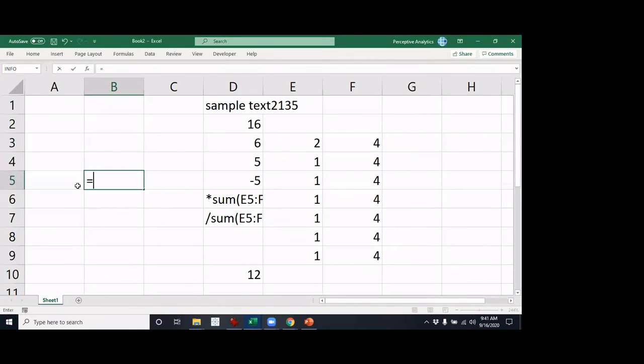When you have equals, and then sum, and I copy this over, it automatically becomes C4. I copy this over here, it becomes B5.